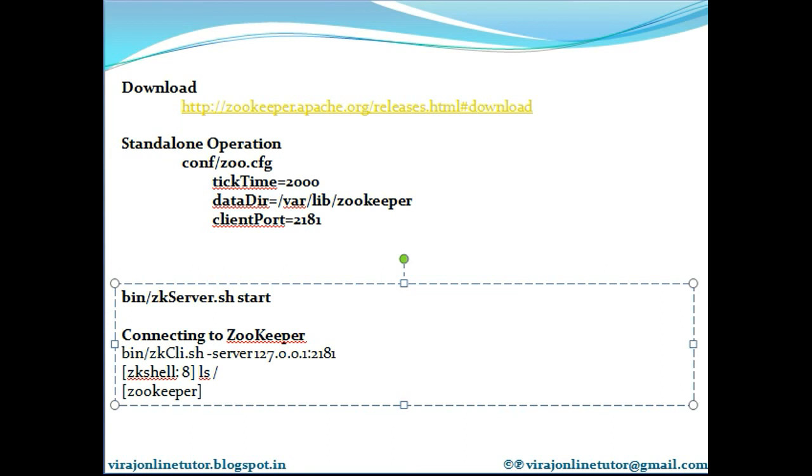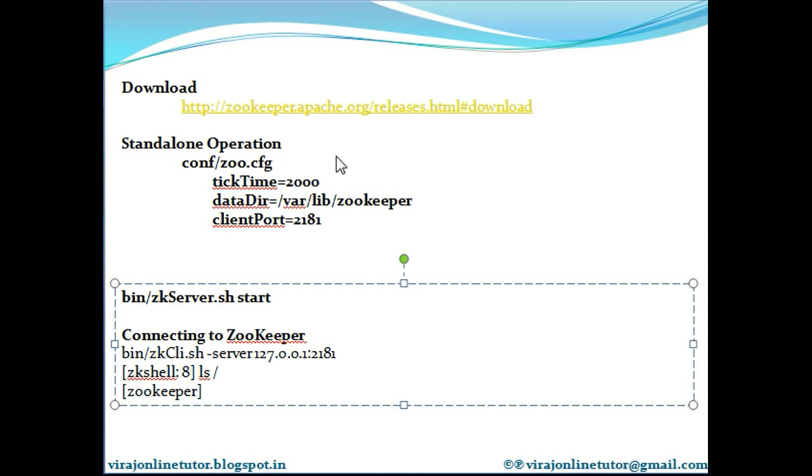So we can download the Zookeeper application from the link that I have mentioned on my slide. To set up a Zookeeper in a standalone environment, it's very straightforward. The server is contained in a single jar file which you can download from the above link, and you need to have a configuration file for that. Once you download a stable version of Zookeeper, you need to unpack it, that is unjar it, and then cd to the root directory after you unpack the package.